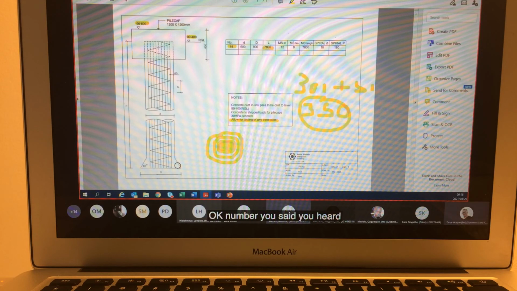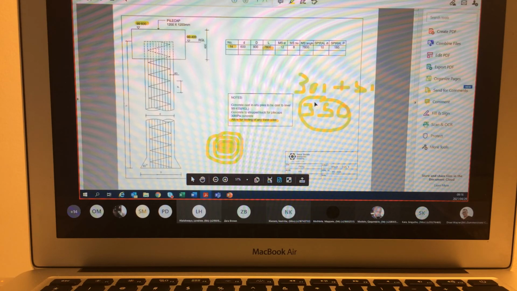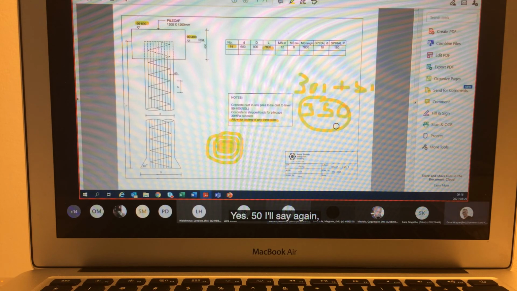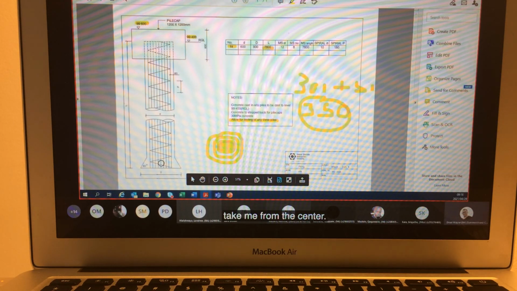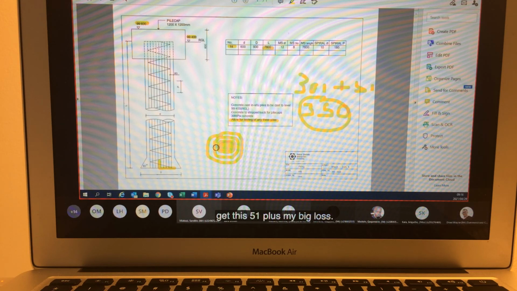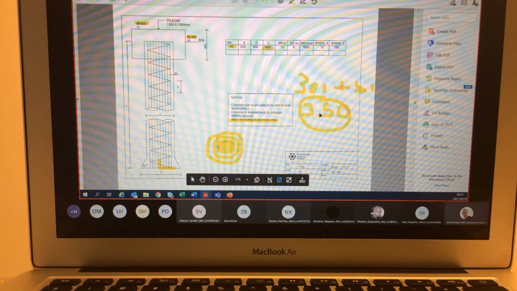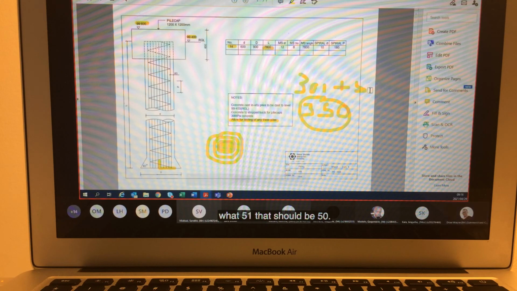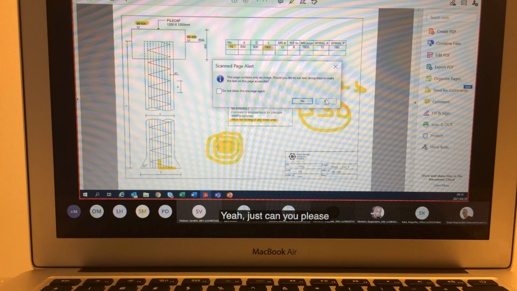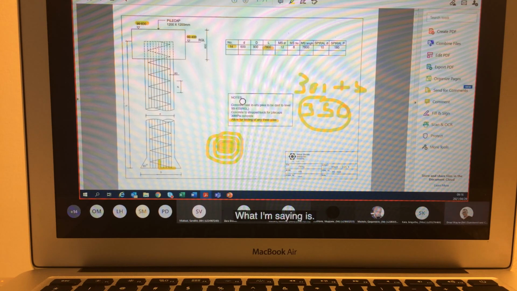Okay, you said you heard me after I got this 350 here. Okay, now that 350, I'll say again, takes me from the center to 50 millimeter into my section, my rim section. Now I need to determine. Can you please just move a bit below that, where you get this 50 first, a bit lower. Where I get the 50? That should be 50. Yeah, can you please just elaborate there? Okay. What I'm saying is,